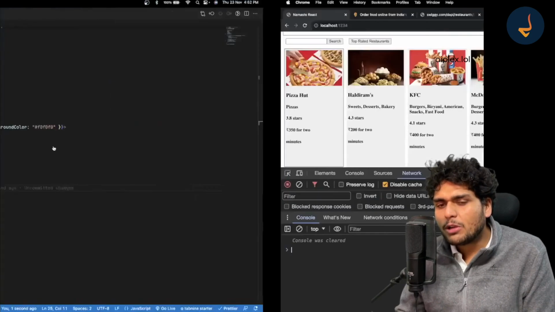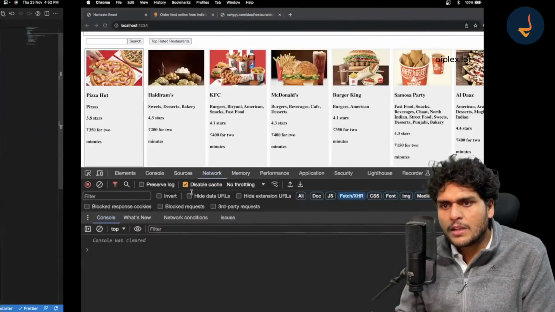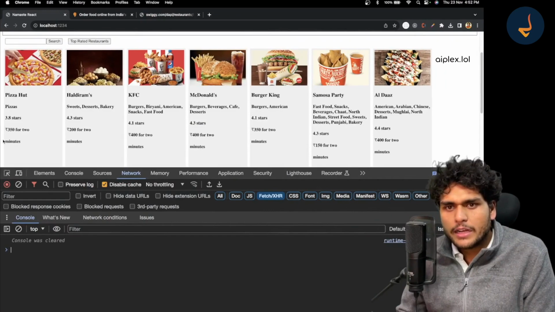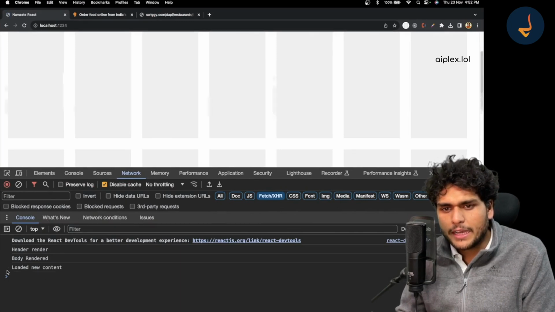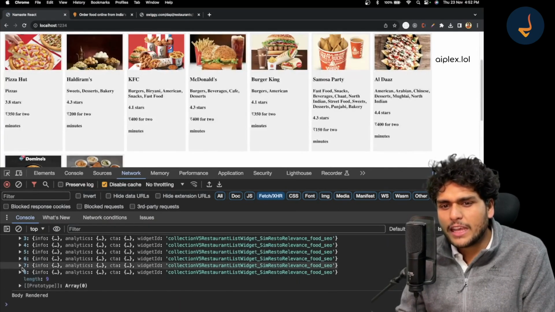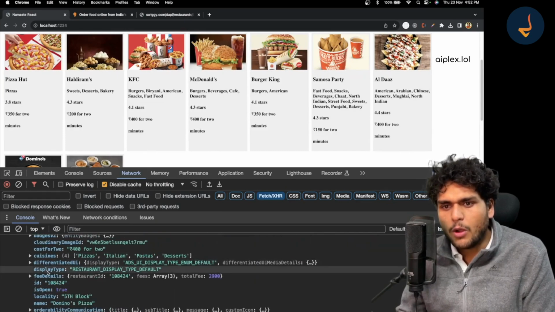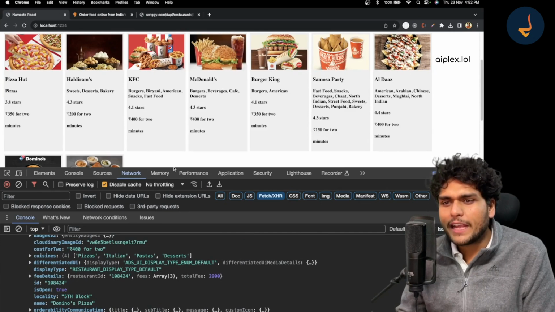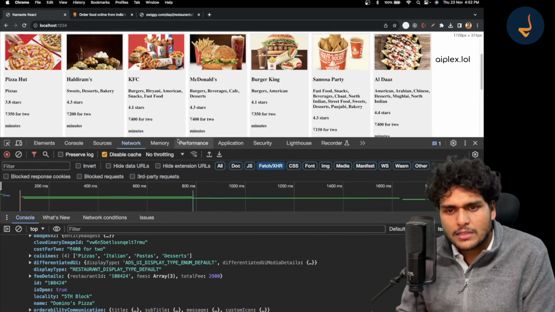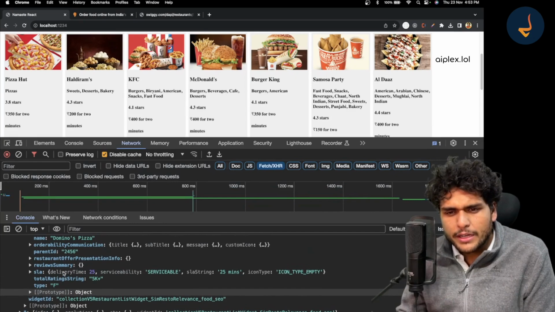Now delivery time also, I think this is delivery time. What is delivery time now? It is not showing anything. Let us just see what is the delivery time object. They might have changed the key or something. Let us just see. Is there a delivery time that we get? No. So we don't get any delivery time key over here. Let us see. They might be sending some delivery time.